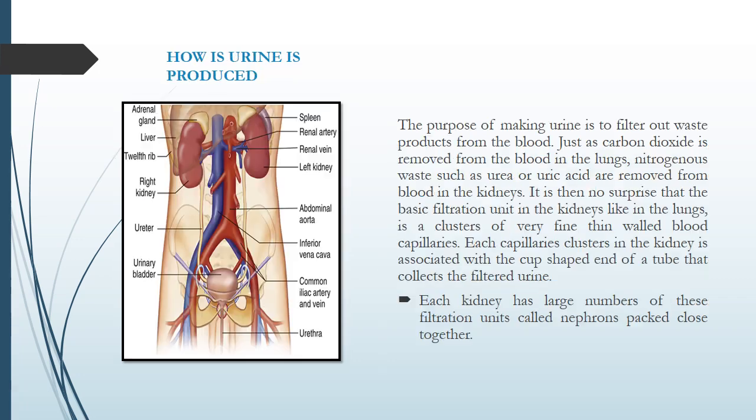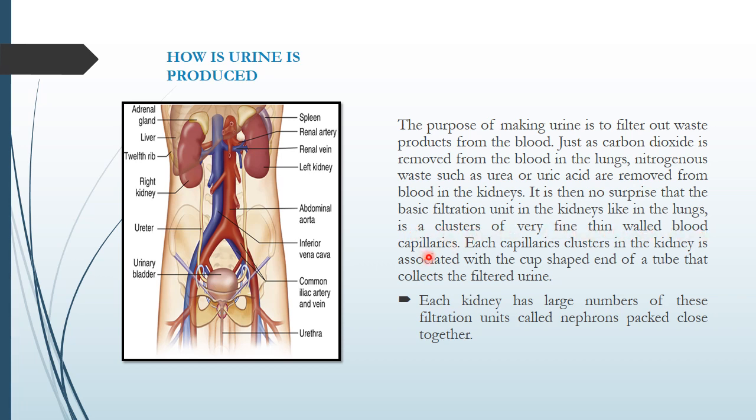Now, how is it produced? The purpose of making urine is to filter out waste product from the blood. As we know that carbon dioxide is removed from the blood in the lungs, nitrogenous waste such as urea and uric acid are removed from blood in the kidney. It is then no surprise that the basic filtration unit in the kidney, as in lungs, has clusters of very fine thin walled blood capillaries,